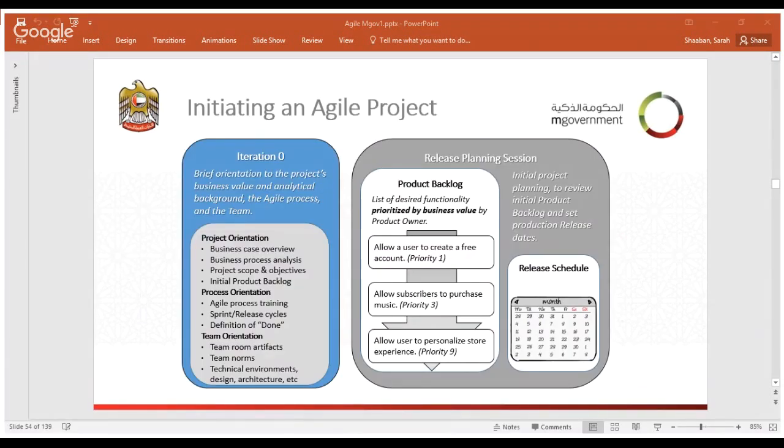What is initiating an agile project? To initiate an agile project, as I've mentioned, we have iteration number 0. From iteration number 0, we have the product backlog, which is the list of functionality. This list of functionality is provided by the user or the customer, and we have it prioritized by the business value. So we have, let's say, 100 functionalities, and these 100 functionalities are being prioritized: what is most important to be delivered first, and what is less important to be delivered last. And from this product backlog,